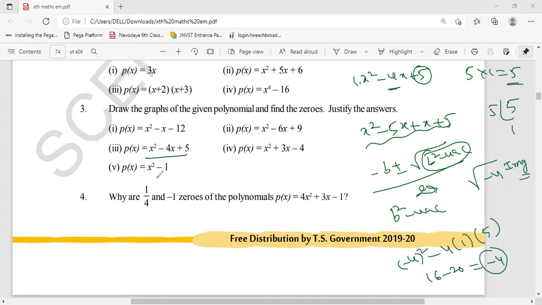But this graphical method to find the zeros of the polynomial is only for finding the real zeros, the real values of the zeros. So you won't touch the x-axis, the graph will go like this or like this, maybe any value, but it won't touch the x-axis. So there are no real zeros for this polynomial.